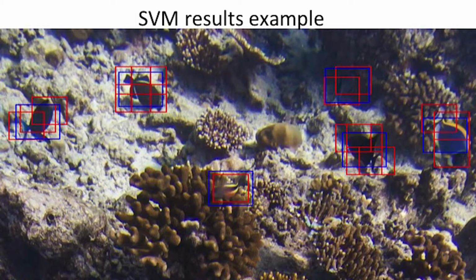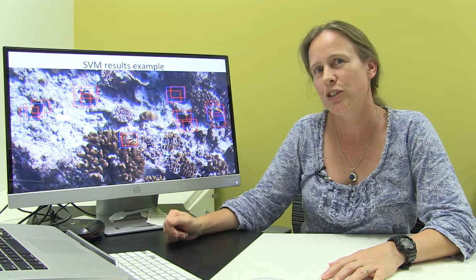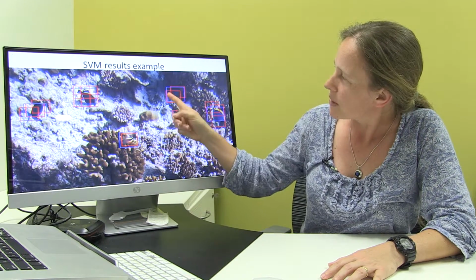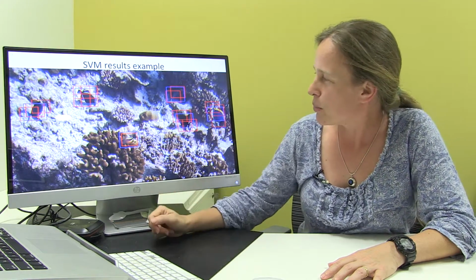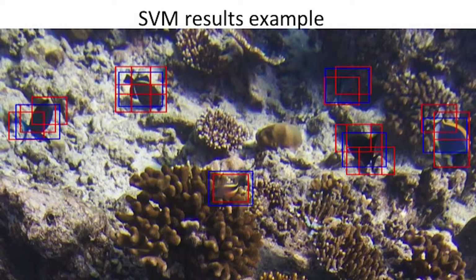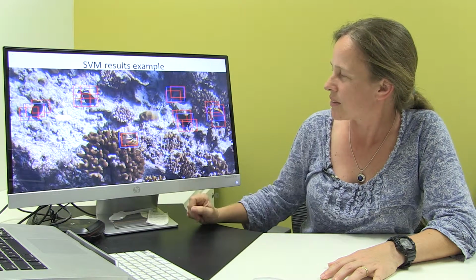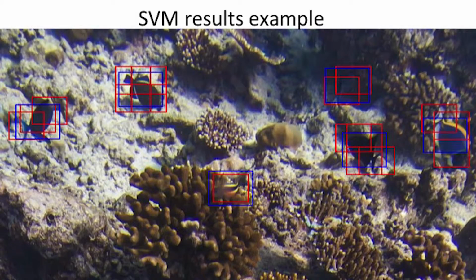Here you can see what the computer found. The red boxes here indicate the position of fish the computer found when it looked at the same images but at different stages of the process. And then the blue boxes, and you can see there's only one blue box per fish, indicate the final decision the computer has made by combining the results it found in the red boxes all together into one result. And you can see that the computer even managed to find this dark fish seen against the dark background, or this fish which almost looks like a coral. So it did its job really well.